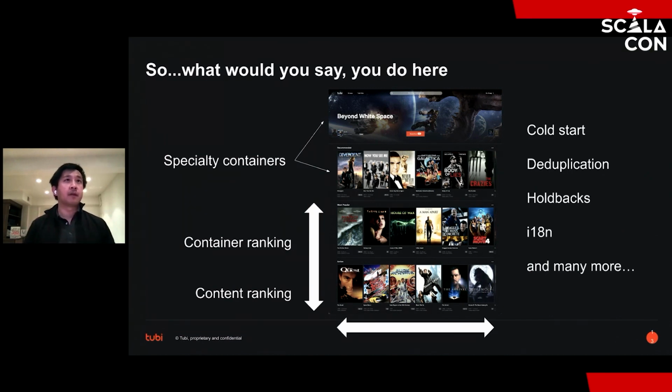And then other aspects of the user experience are also personalized based on your tastes and your interests, or at least what Tubi's best guess is to be your interest, right? So we've got featured containers, vertical ordering of the containers, the content ranking horizontally, and then other things like cold start, deduplicating content across the screen, and many, many more, right?